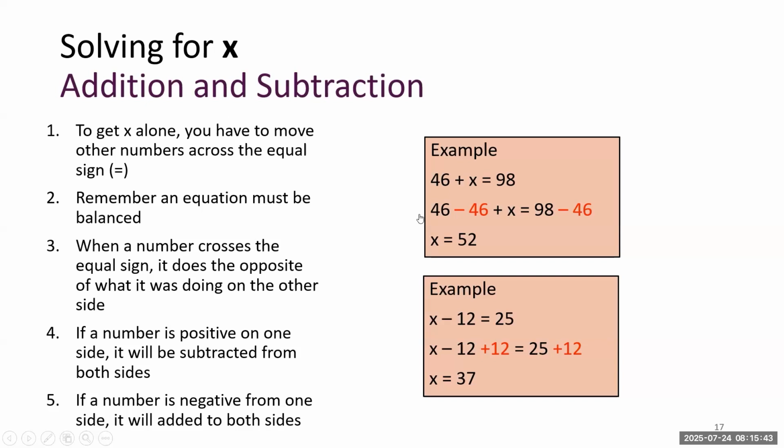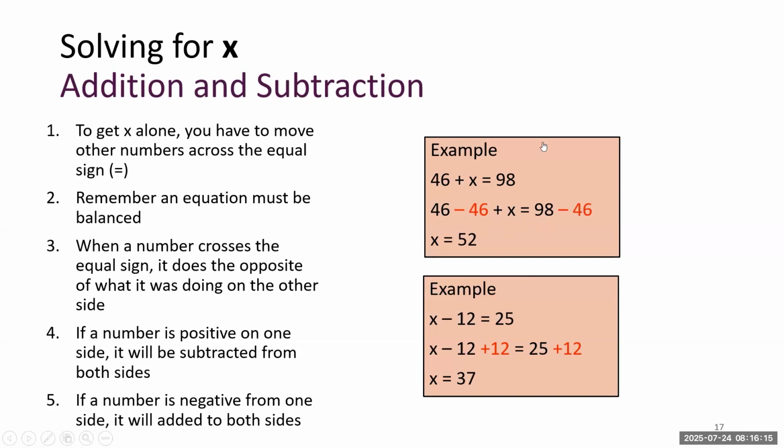And what we're really doing here, so in this equation, 46 plus X is 98. We want to get that X by itself. 46 is a positive number. It doesn't have a negative sign in front of it. So we're going to be subtracting it from both sides. And when we subtract it from the left side of the equation here, it just basically cancels out because 46 minus 46 is 0. So that gives us an X just all alone by itself. And then all we have to do is solve the other side, which is 98 minus 46. And that will leave us with 52, an answer of X being 52.